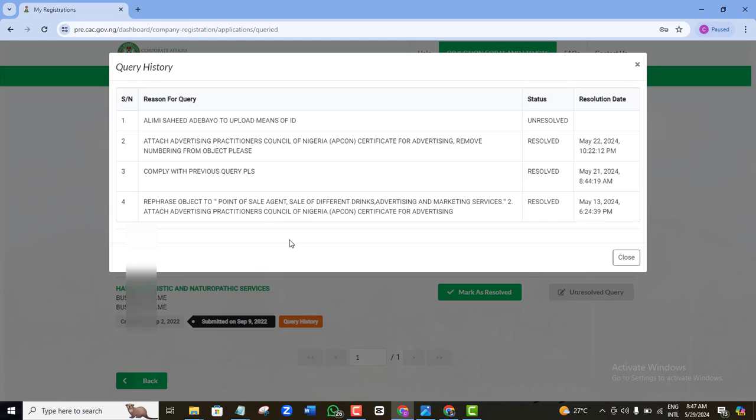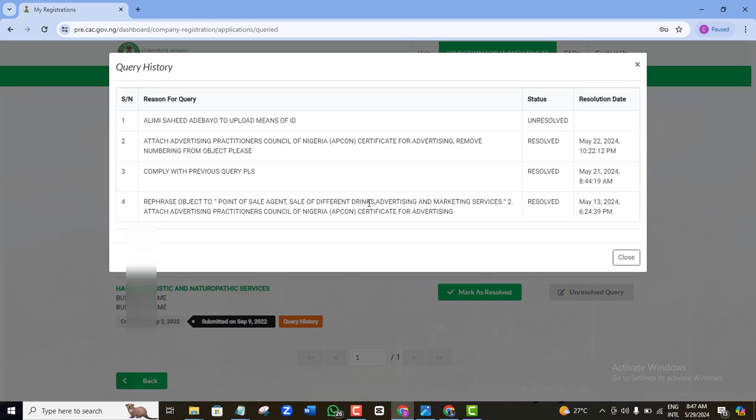So here they are telling this person that you are running a POS business. When you get to your nature of business, just call it point of sale agent or POS agent. You don't need to say any other thing. Once you do that, it's going to be approved. Here they say sales of different drinks.